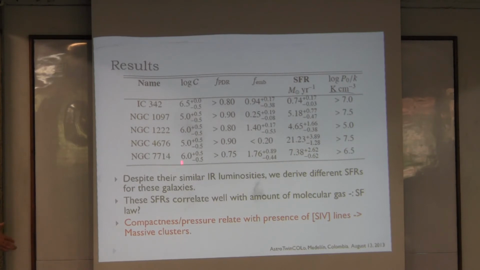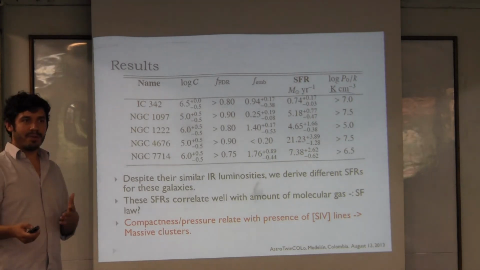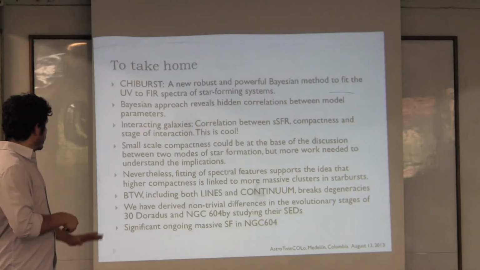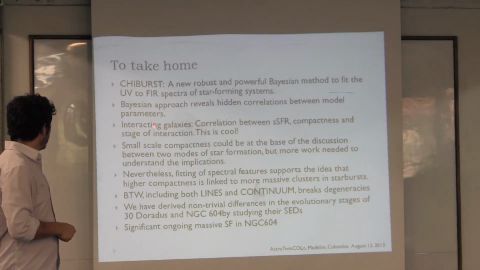If we could actually do a large sample of these systems by measuring a lot of spectra and see if there's a correlation between compactness and pressure, that tells us that in some systems the clusters are more massive. And if those systems happen to also be the more active ones in interaction, for example, then we could maybe come to an answer regarding whether or not the mass of the clusters is playing a role in the compactness discussion. So this is what I wanted to show you.